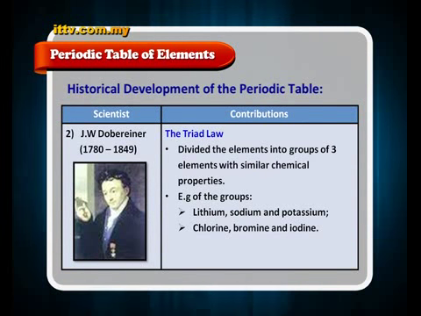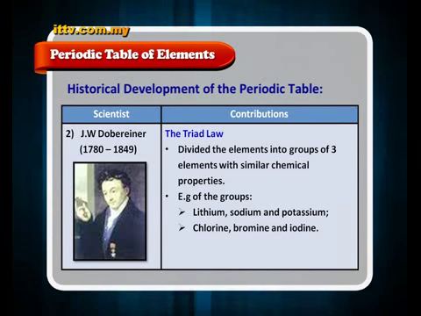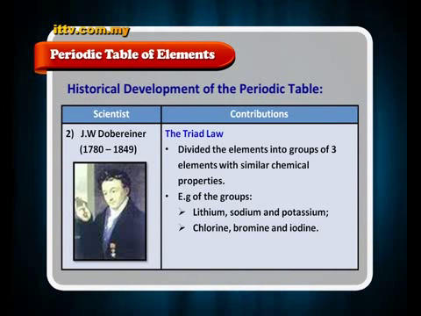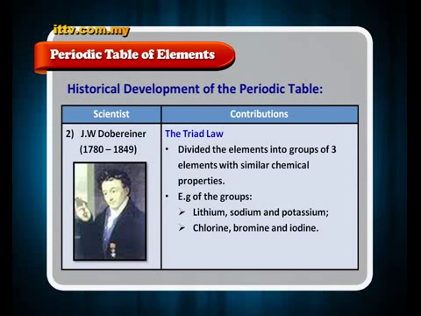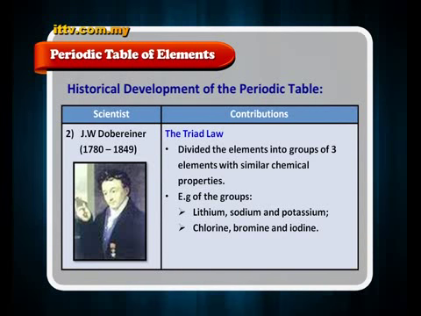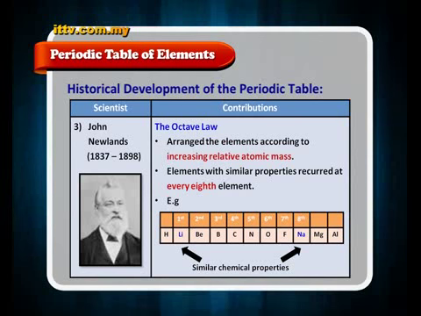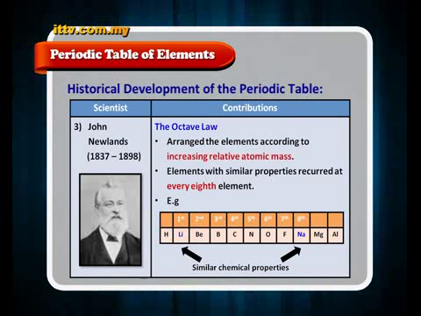J.W. Dobereiner, the triad law, divided the elements into groups of 3 elements with similar chemical properties. Example of the groups: lithium, sodium and potassium, chlorine, bromine and iodine. John Newlands, the octave law, arranged the elements according to